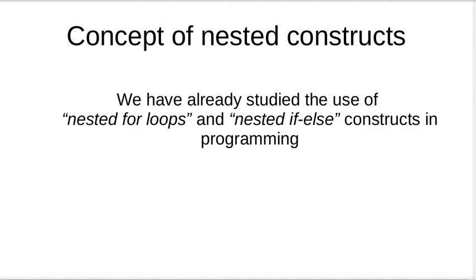Similarly, we have also gone through nested iterations, where a simple for loop could contain other for loops. These types of constructs are called nested constructs, and we are already comfortable with the concept from previous lectures of C, C++, Java. In previous semesters we already know about these concepts, but in the current lecture we will be using the same concept with respect to macros, with macro instructions.